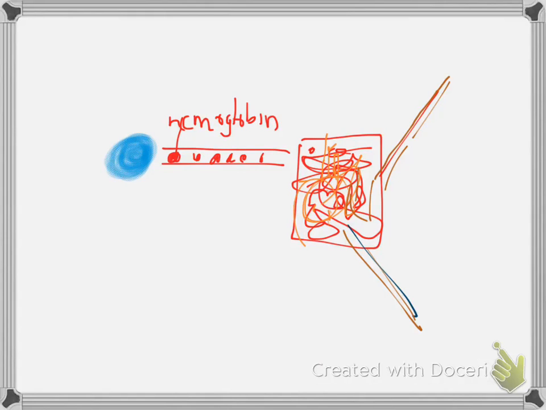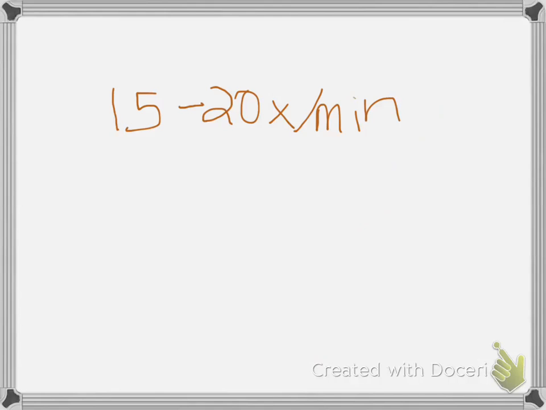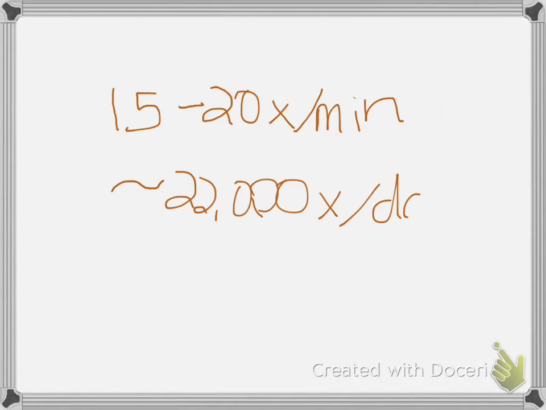So we're good. So how much air do we normally breathe in and out? Well, we breathe in and out 15 to 20 times per minute, which is approximately 22,000 times per day. And we process 300 cubic feet,